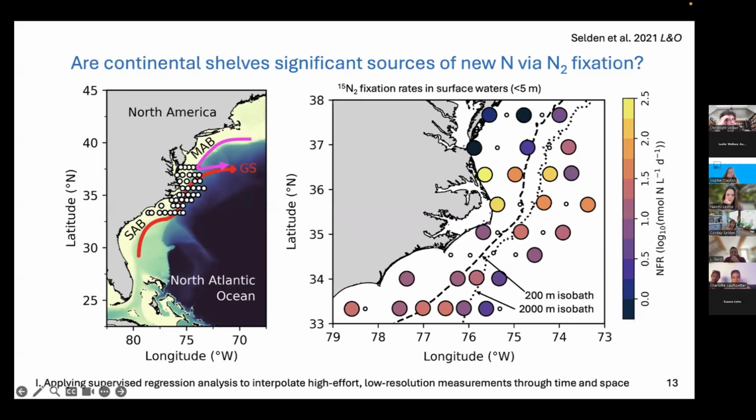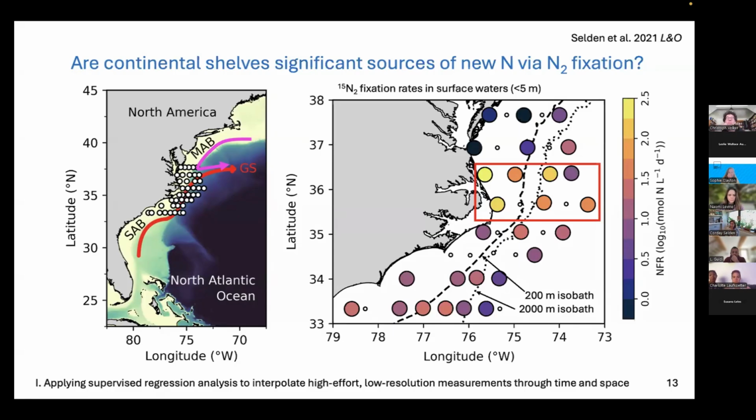I measured some really exceptionally high nitrogen fixation rates on this cruise. I'm showing you just the surface data here using a log scale. Now, values on the order of 10 to the first nanomoles of nitrogen per liter per day would typically be considered pretty high in most areas. And here in the red box, we saw values on the order of 10 to the second, which are among the top 5% highest nitrogen fixation rates measured globally.